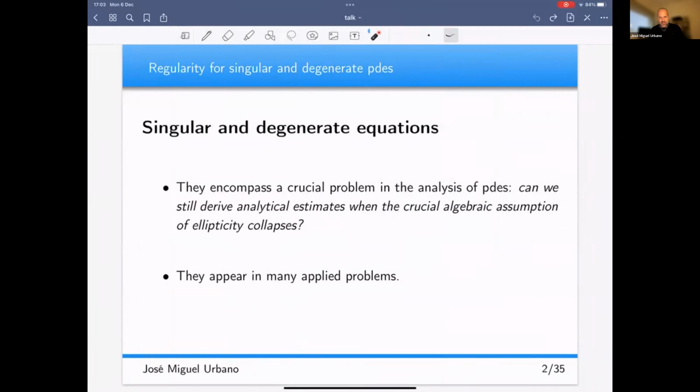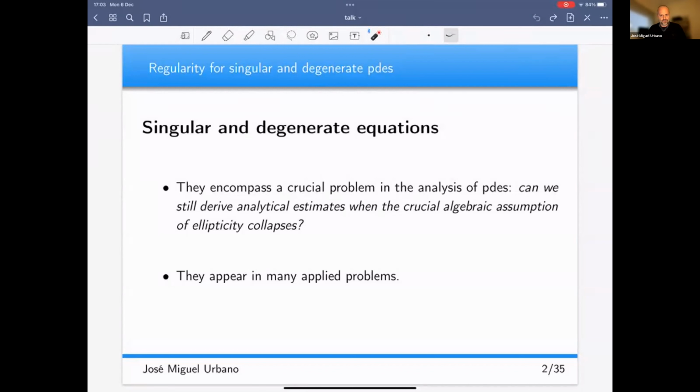The first reason is because we cannot avoid this type of equations because they appear in many applied problems. So they are unavoidable if you want to understand certain phenomena. Apart from that, they are very interesting objects from the point of view of analysis, because you want to understand what can you save in terms of regularity for the weak solutions when the crucial algebraic assumption of ellipticity, say,